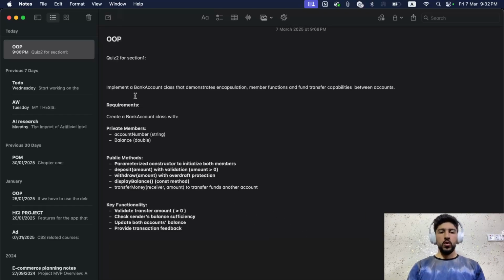Starting. So the question says implement a bank account class that demonstrates encapsulation. So first of all, encapsulation, which means private and public. Member functions, we know functions and methods, and fund transfer capabilities between accounts. So this class should have the ability to send money between accounts, or the objects that we are going to create out of that class. The objects,